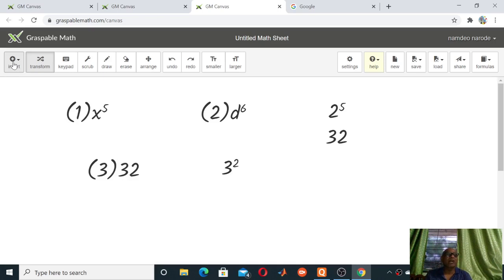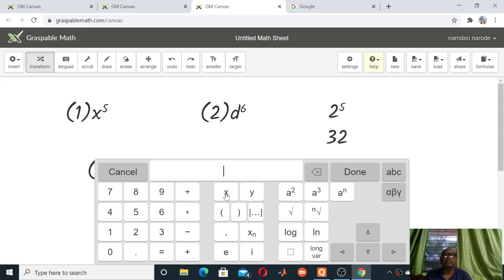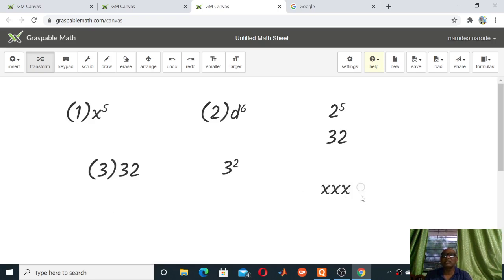Similarly, if power is 3, then we call it as a cube. Suppose x into x into x, three times. We call this number as cube of x. Means if the power of any number is 3, then we call it as a cube of that number. Similarly, if power of any number is 2, then we call it as a square of that number.